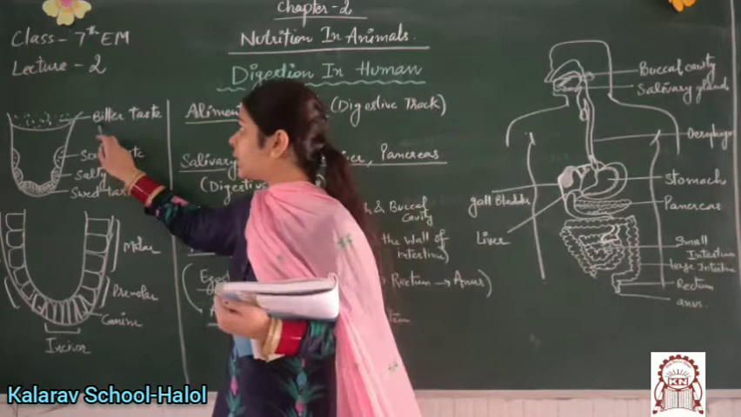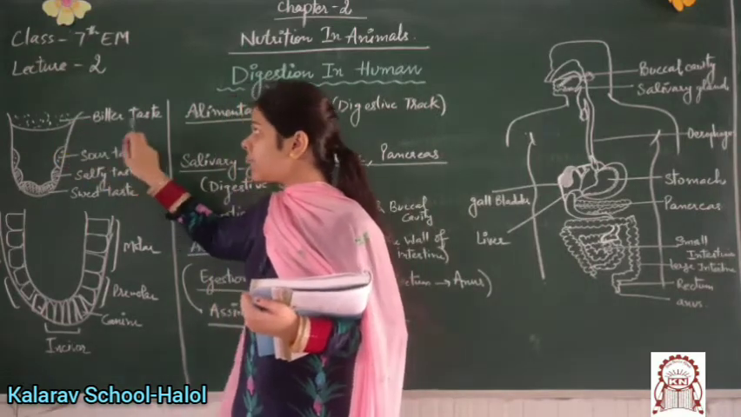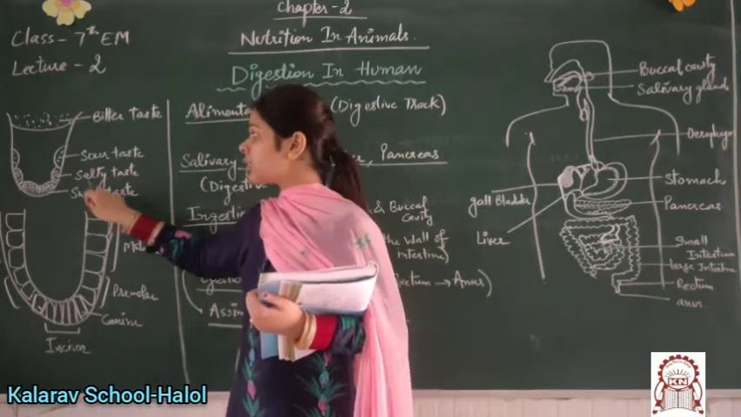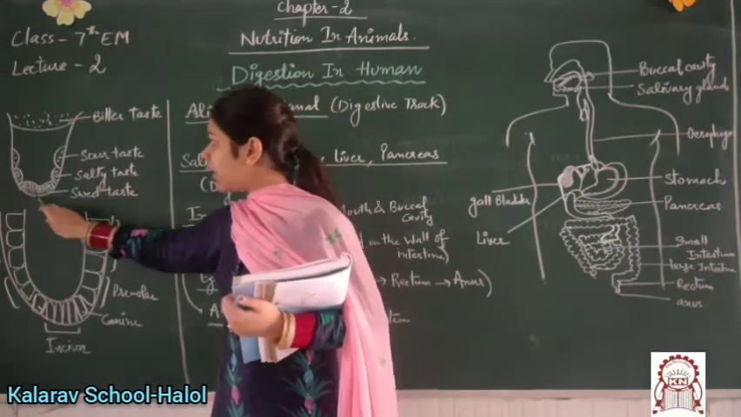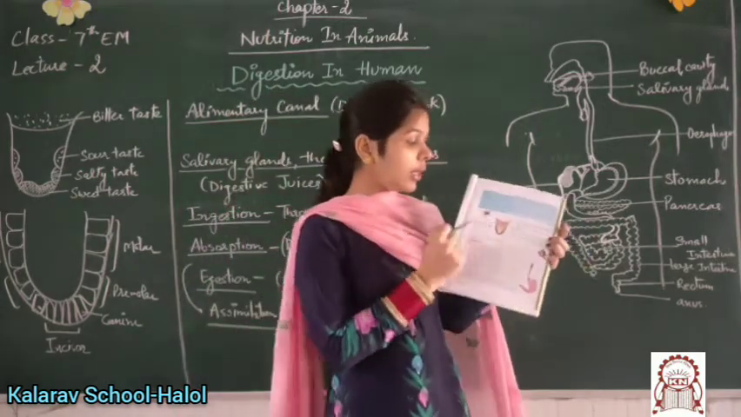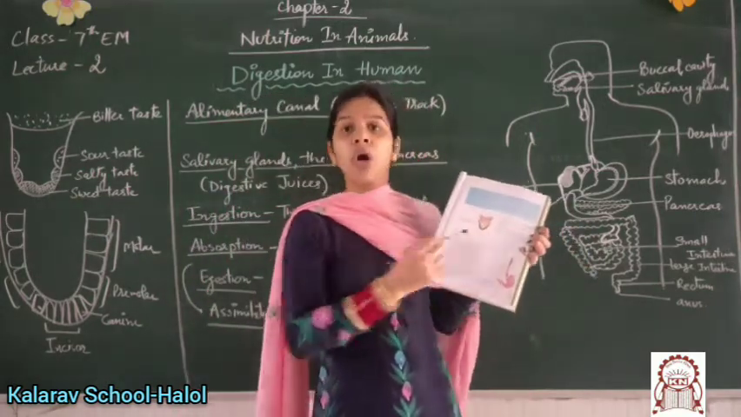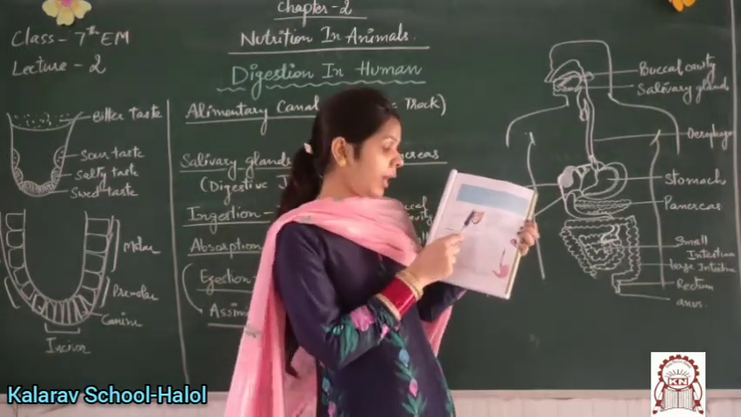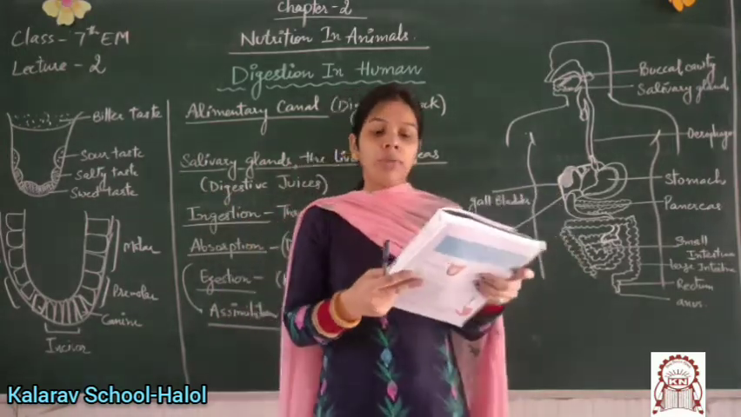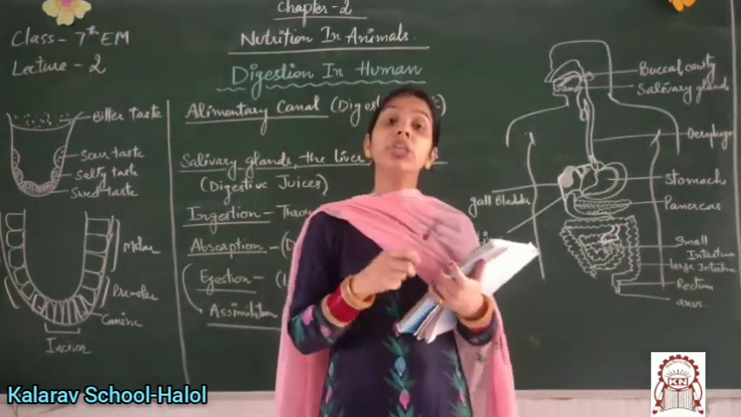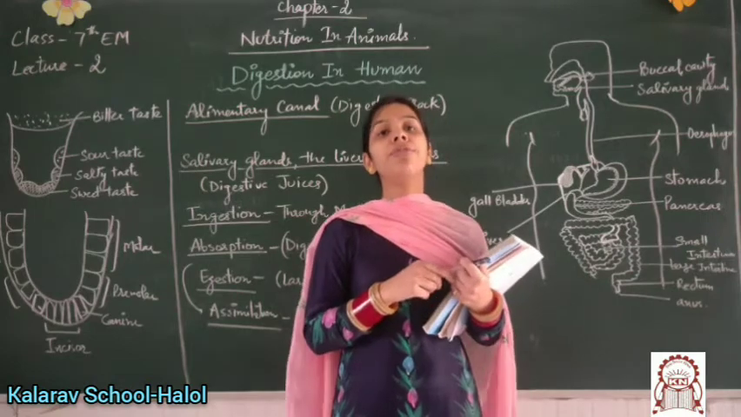Here you can see the region of bitter taste, and the region of sour taste. Here the taste is salty, and at the tip of the tongue the taste is sweet. You can draw these regions on the blackboard. It will help you. So there are many functions of the tongue which help the food